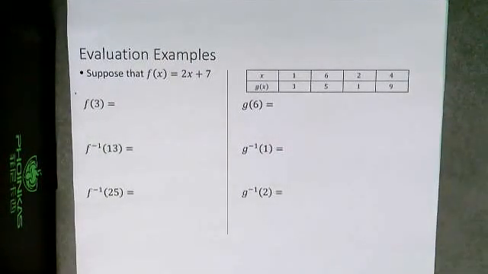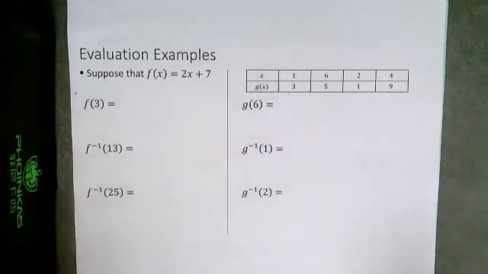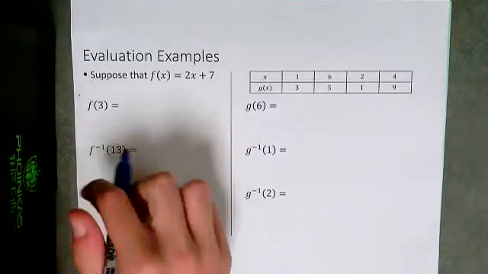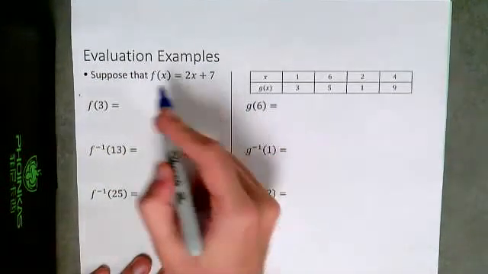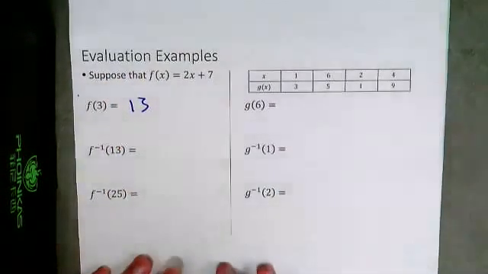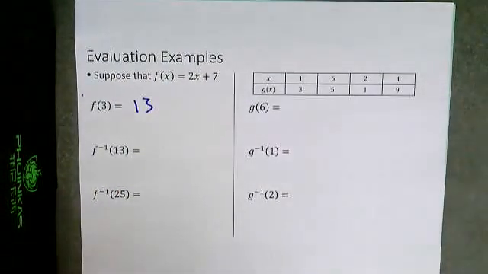Evaluation examples. Okay, let f of x be the function 2x plus 7, and let's evaluate some things. Well, f of 3, that's pretty simple. 2 times 3 is 6, plus 7, that gives us 13. f inverse of 13, well,